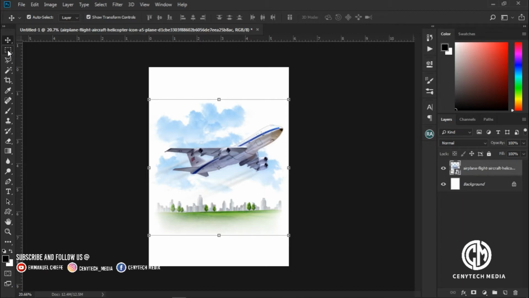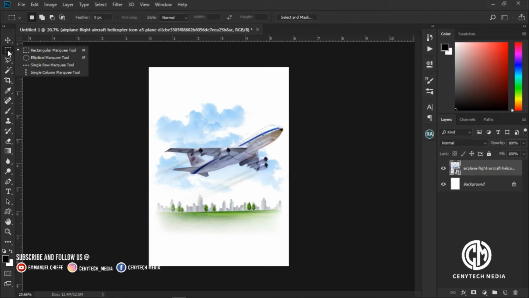Then the next part we have here is, when you right click, you will discover the rectangular marquee tool. So I will teach you the rectangular marquee tool. You apply the same thing to other tools because they all do the same thing. The only difference is that the rectangular marquee tool you can use to select an image in a rectangular form. Then the elliptical marquee tool will select images in circular form. Hope you understand me. So when you click on the rectangular marquee tool, you select some part of the image. You can decide to delete,